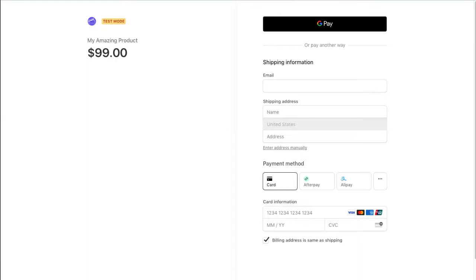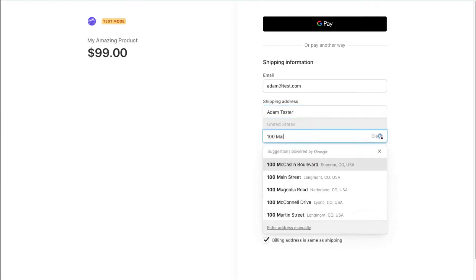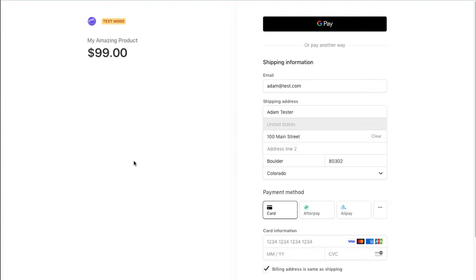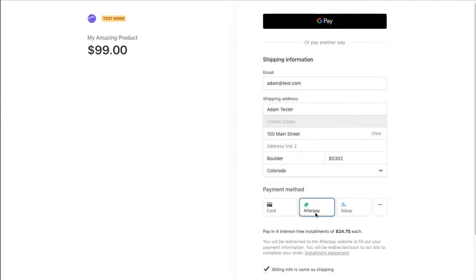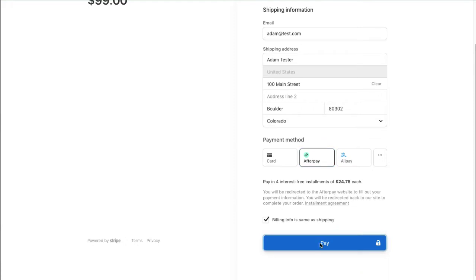And it's pretty cool. And so why don't we run a test transaction here? So I'm going to sign up as Adam at test.com and put in my name again, Adam Tester. Okay, and let's say 100 Main Street, Boulder, Colorado. And let's choose Afterpay and show you an example of Afterpay. If I pay,